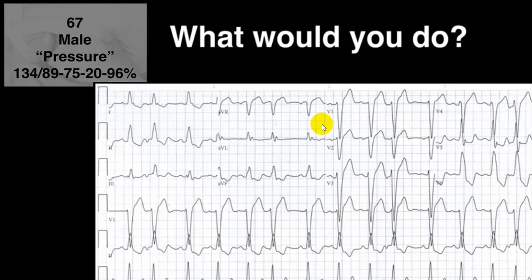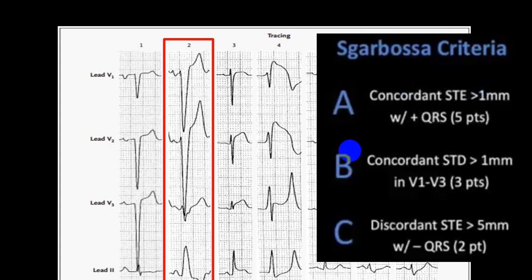Now this is showing you LBBB, classical LBBB. In lead 1, aVL, V5, V6, you have a broad QRS, P wave is present, ST segment downsloping with T wave inversion, and in V1, V2, you have a deep S wave, wide QRS with ST segment elevation in V1, V2. Classical left bundle branch block.